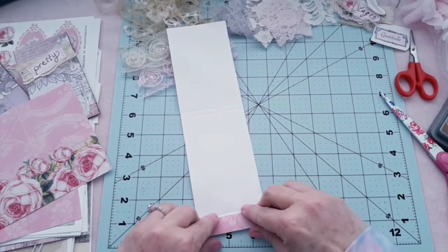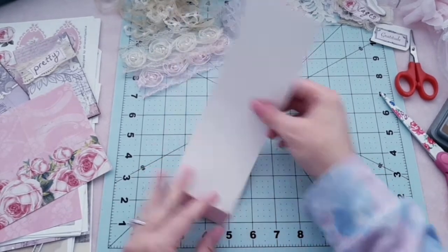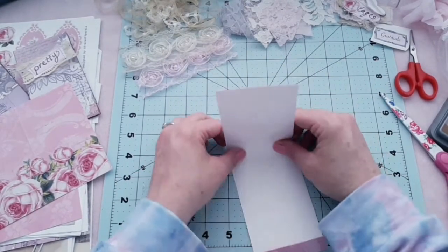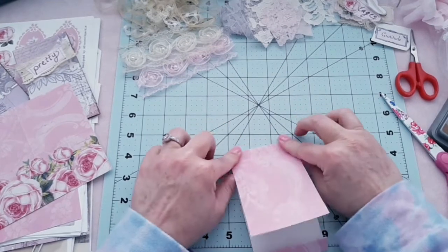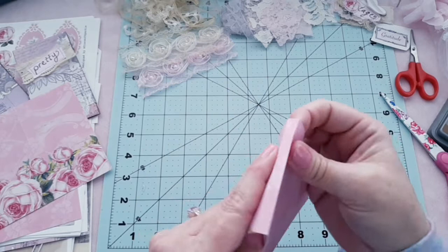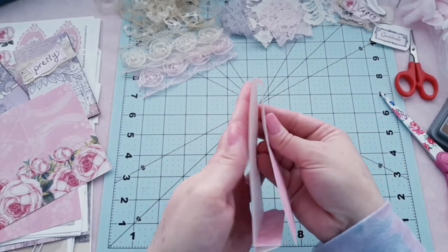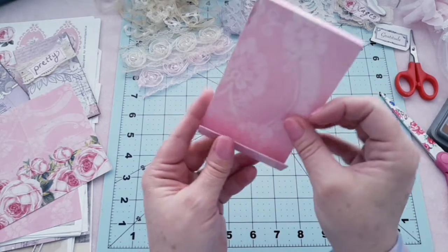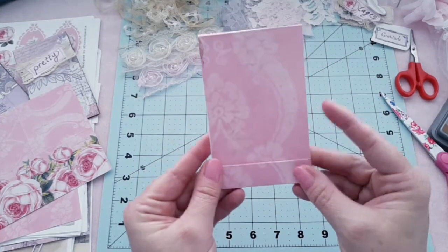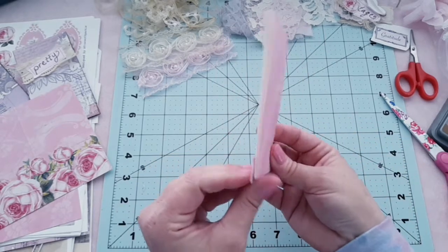There we go. And then here we're gonna fold it where we creased it to make a matchbook. So there's the side, and then we're going to tuck it in like that. So that's pretty, isn't it? So there's the side,